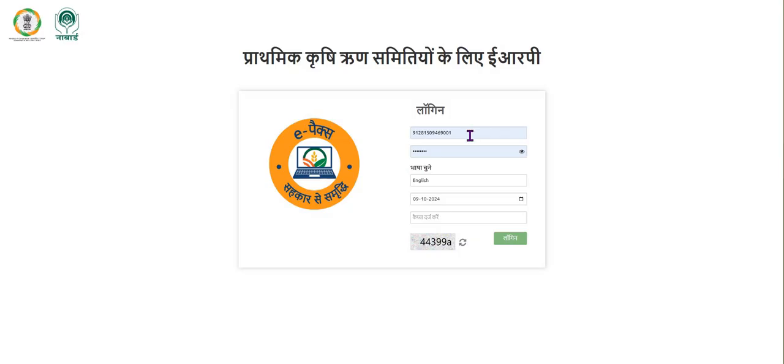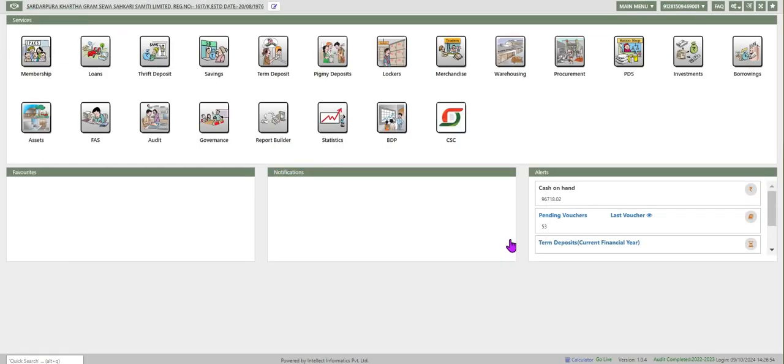We are in login page. Enter user ID, password, date of operation, captcha, and click on login. The screen navigates to the dashboard. Click on the configuration symbol between FAQ and language option on the top right of the screen and select procurement